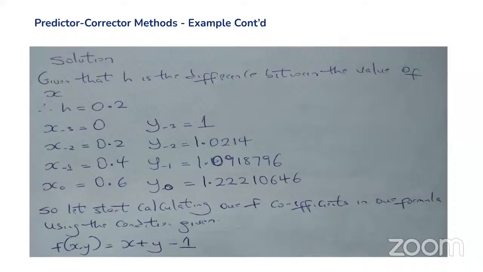But now you can see that at the past value of x subscript minus 3 is equal to 0, y subscript minus 3 is equal to 1. This is our initial point of x and y. So at another step of x and y, x subscript minus 2 is equal to,